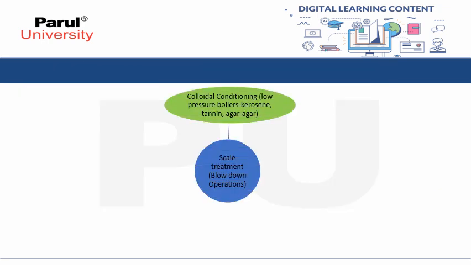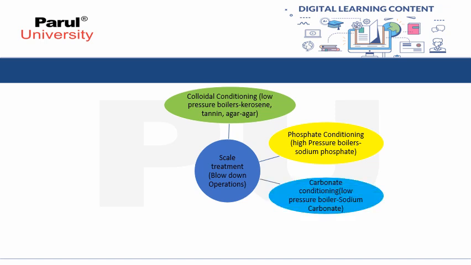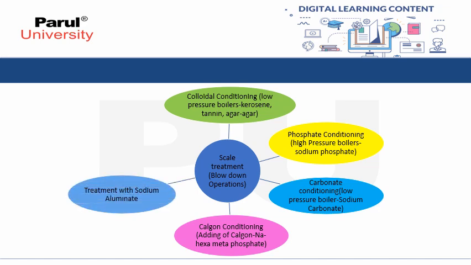The scale treatment by blowdown operation can be done by adding colloidal conditioning, that is, in low pressure boilers kerosene, tannin, agar-agar; then by the phosphate conditioning method, for example in high pressure boilers by adding sodium phosphate; then carbonate conditioning, for example in low pressure boilers by adding sodium carbonate; and Calgon conditioning by adding Calgon, sodium hexametaphosphate. The scale treatment can also be done with the help of sodium aluminate